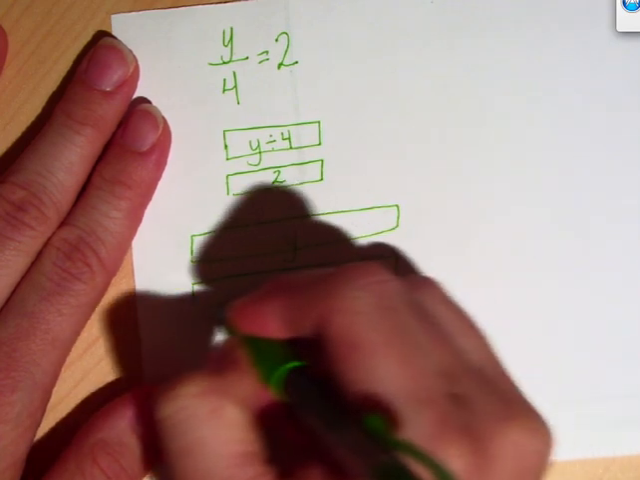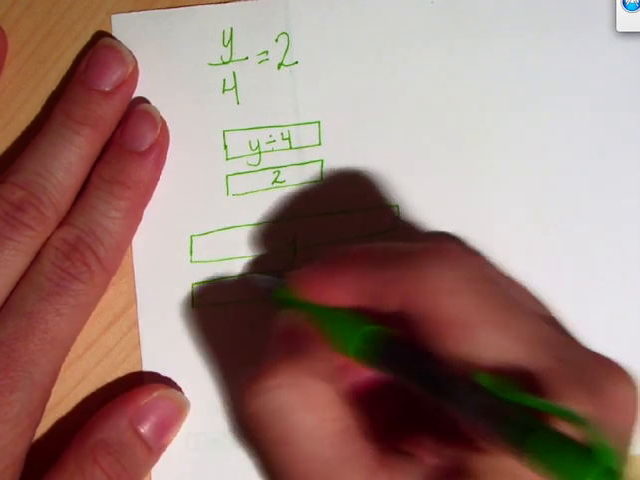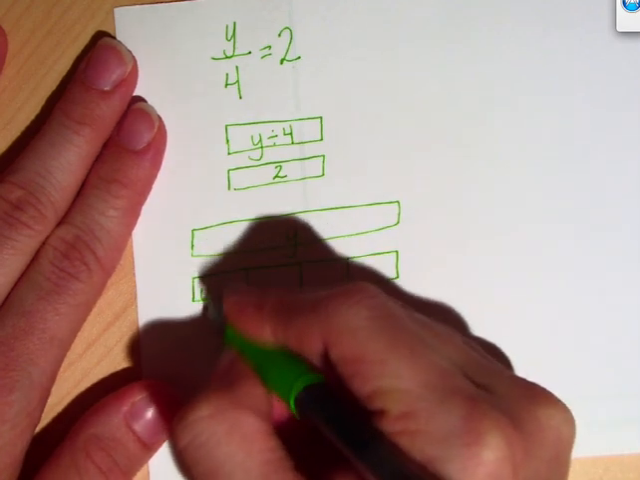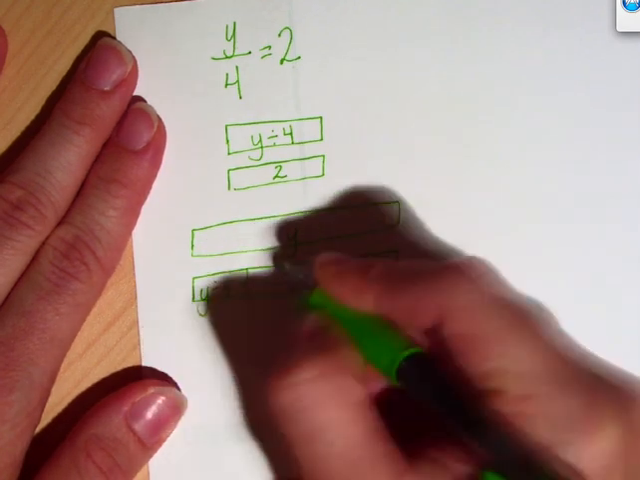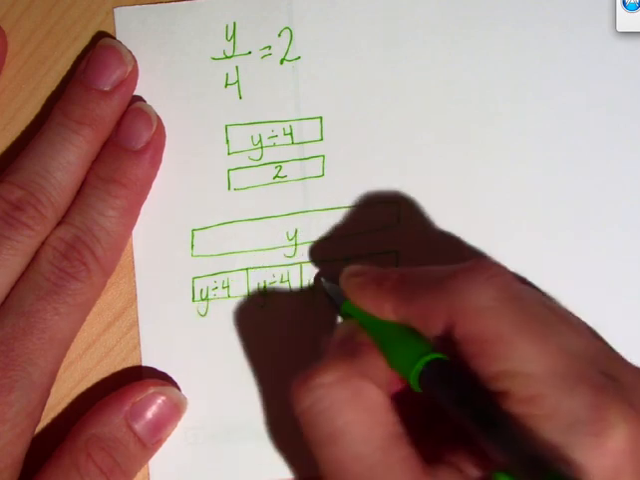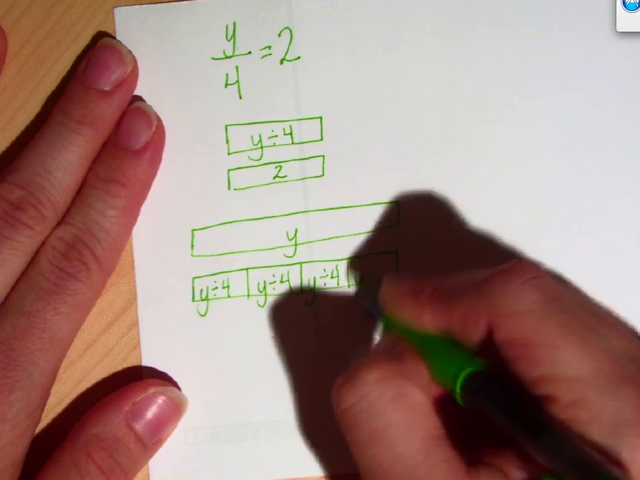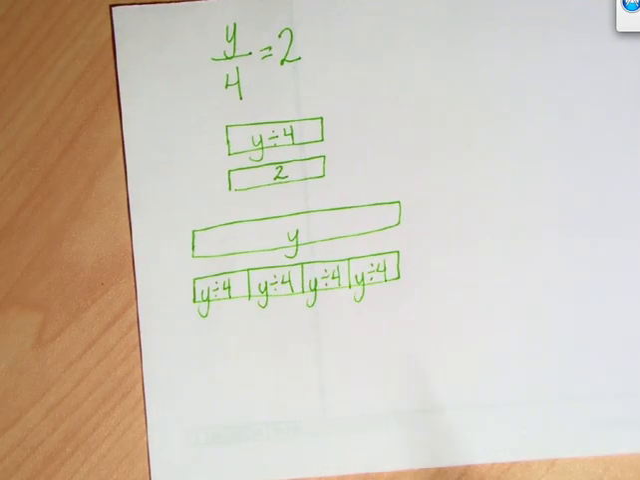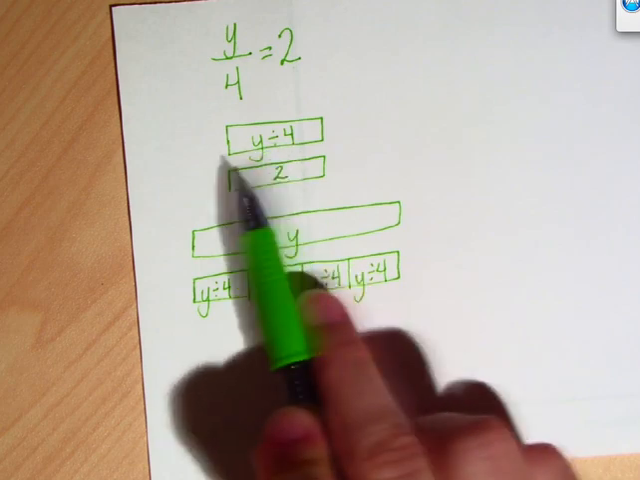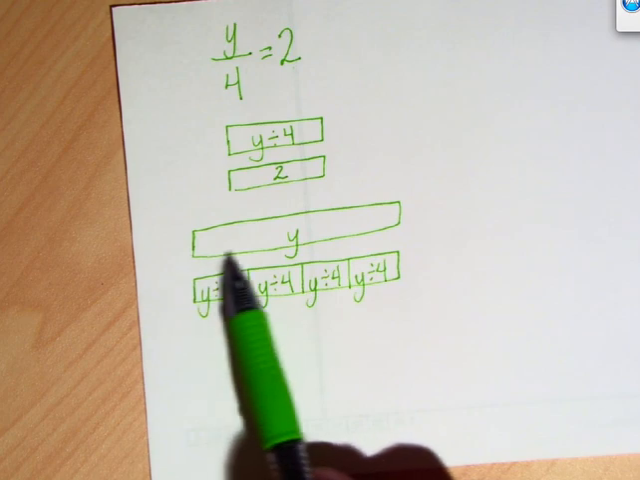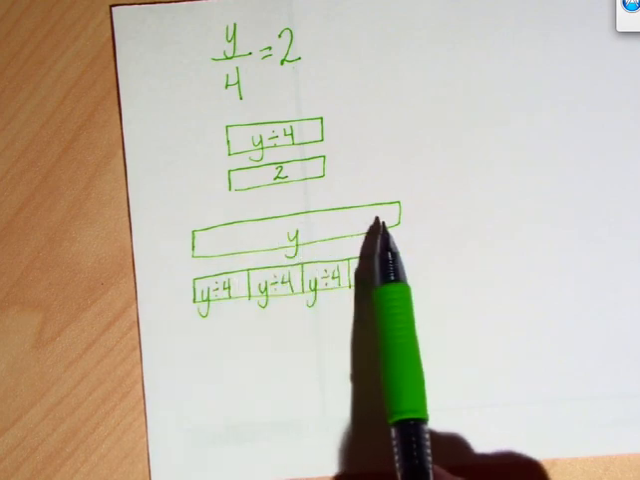Here's y again. This time we're going to split it into 4 pieces. This is y divided by 4, gives you whatever this is. Y divided by 4 gives you whatever this is. Y divided by 4, and y divided by 4. Now we're writing it this way because it's horizontal. Okay, it fits. So we know if this whole thing is y, and we split it into 4 pieces,